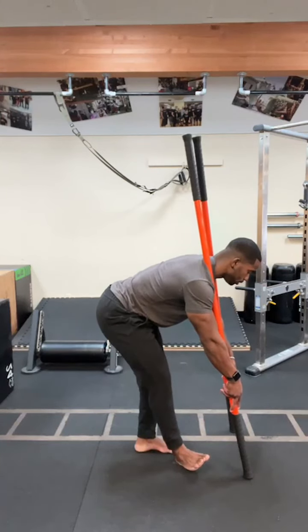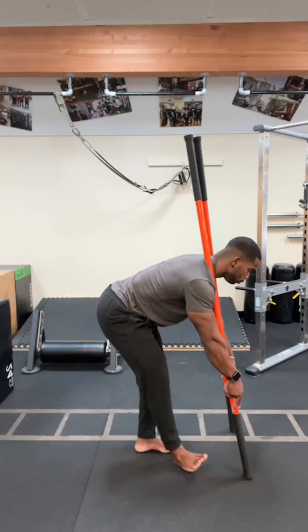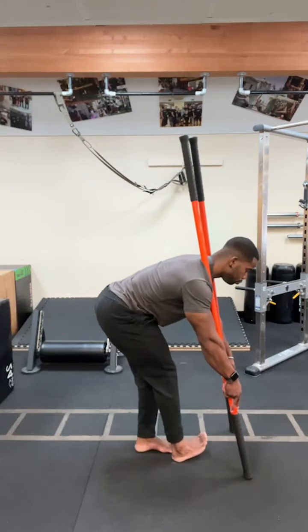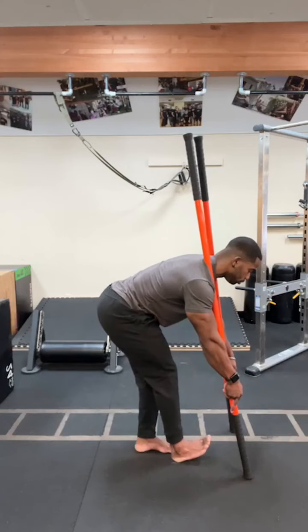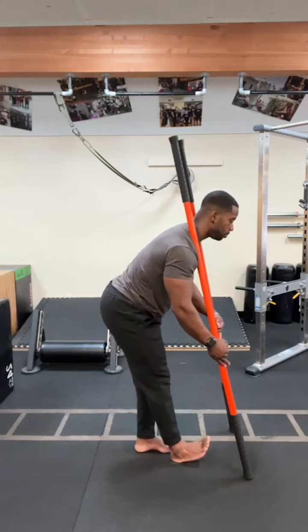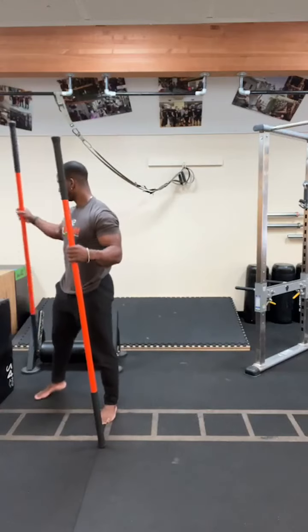Externally rotate, good. Internally rotate. Externally rotate, and internally rotate. Let's go one more each way. External and internal. Back to center. Now slowly come up and ease off. I'm going to place one stick down,